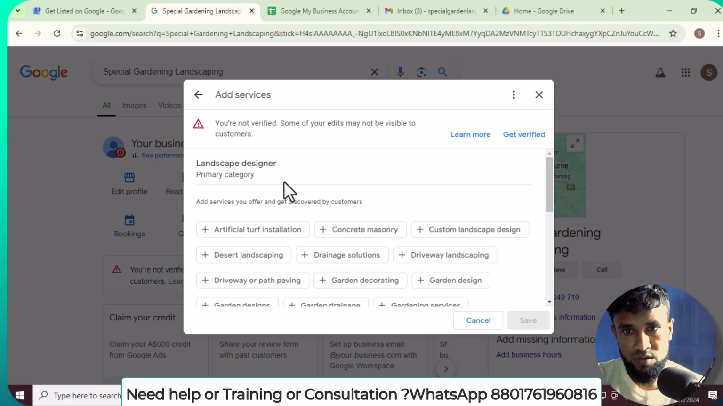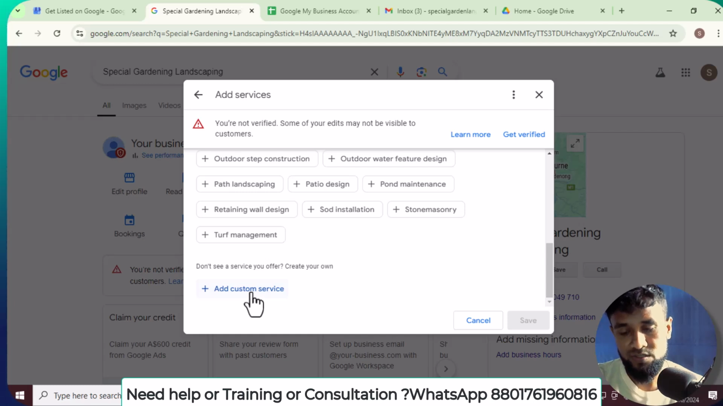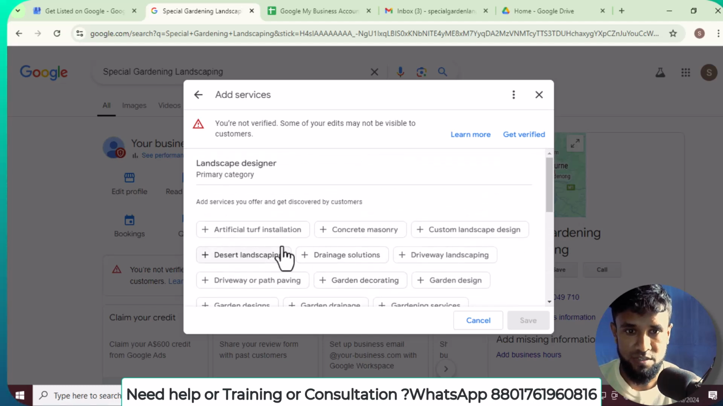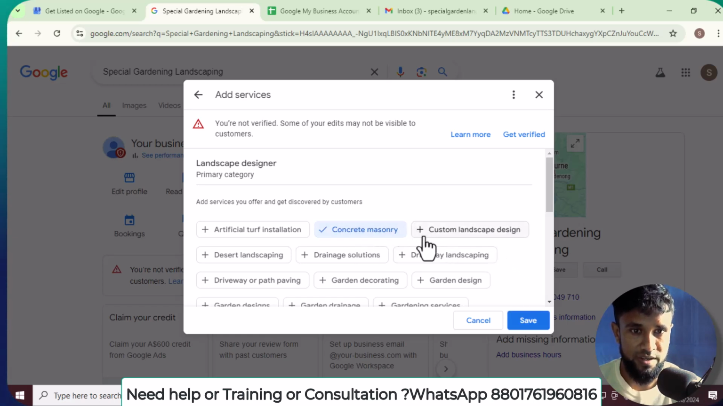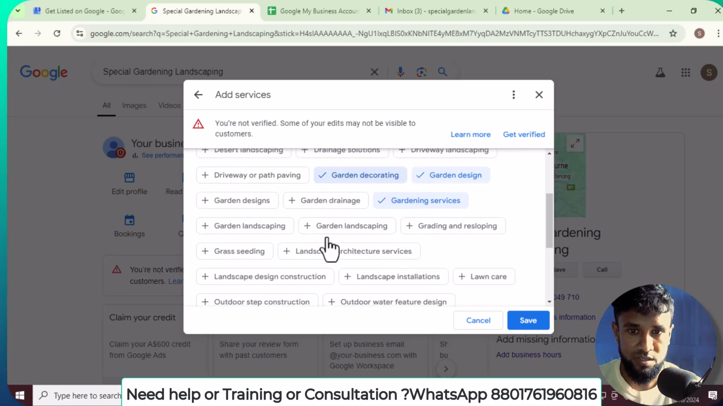So here we can see this is our primary services, and here we can see custom services. We cannot add custom services before verification, but here we can add some. Here you can see artificial, concrete, masonry. This one is perfect. Custom landscape design, then garden design, gardening service, garden decorating, garden landscape, garden design, garden landscape,